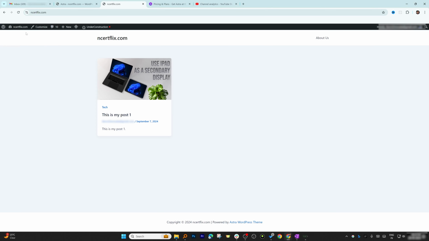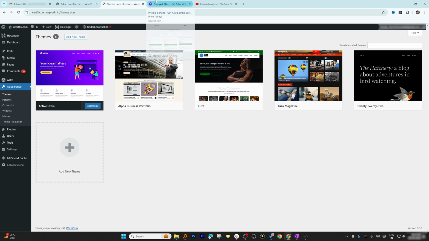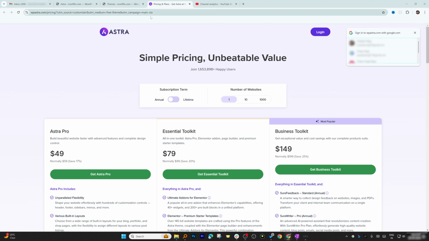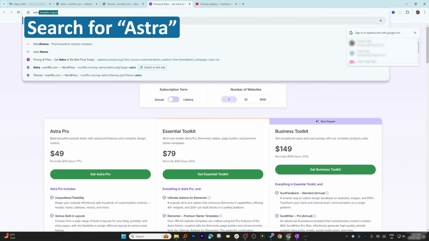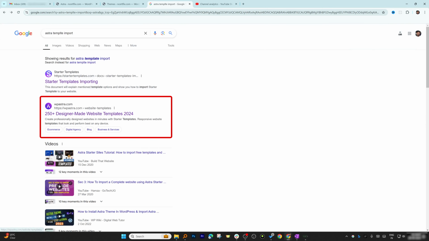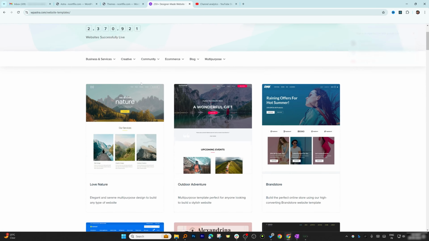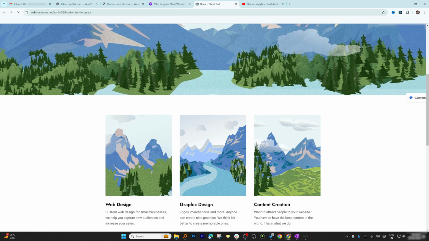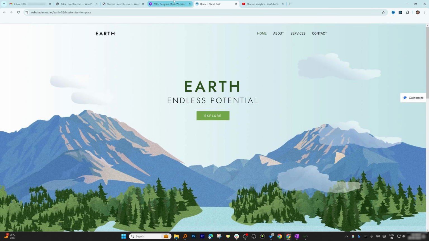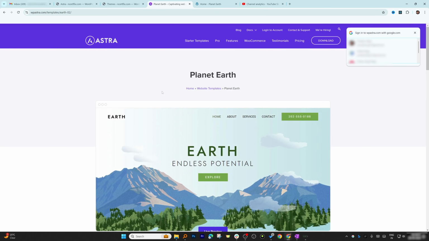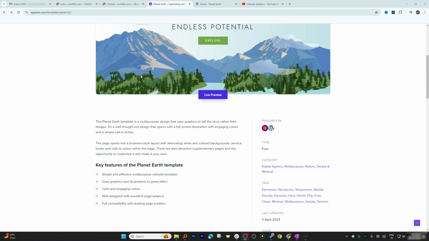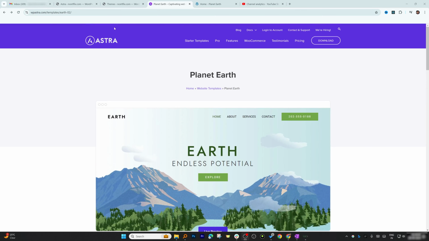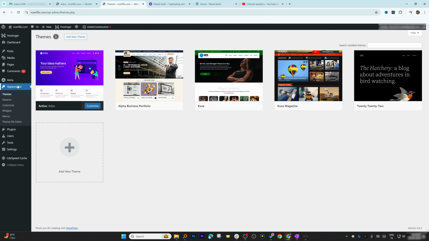So what we can do here is either we can customize this theme from here, or else we can go here in the Astra site. Probably I should write Astra template import, and here if I click on this template, you will see there are so many templates that are pre-made. Let's say you like this one, you can click on live preview and have a look at it. Now all you need to do is simply click on details. So you can choose your starter template like this,